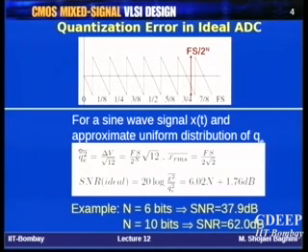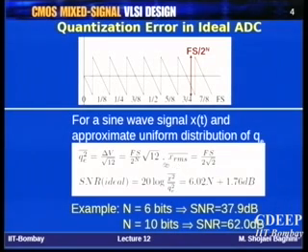Then finally the average value of the quantization error power happens to be this. Delta V is the LSB size, full scale divided by 2 to the power n. However, this should be divided by square root 12, so please correct it in your notes. Then the RMS value will be the square root of